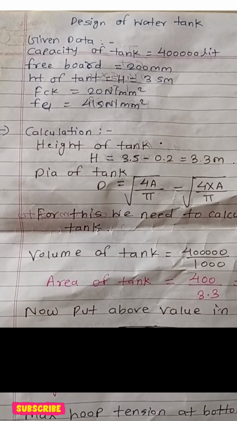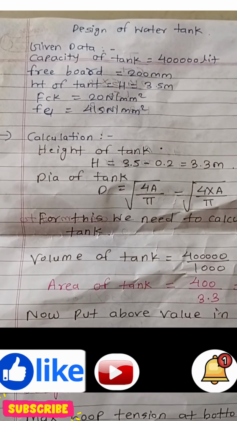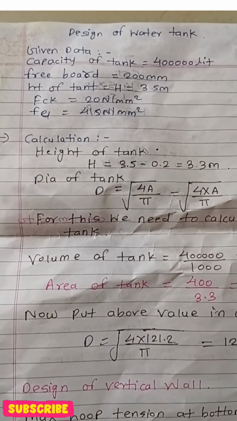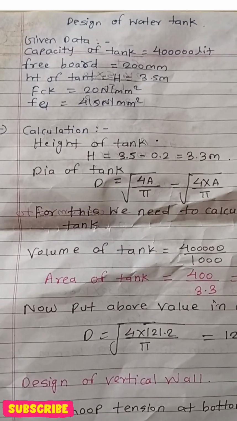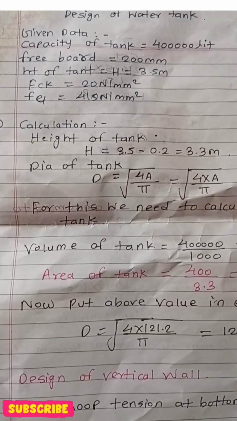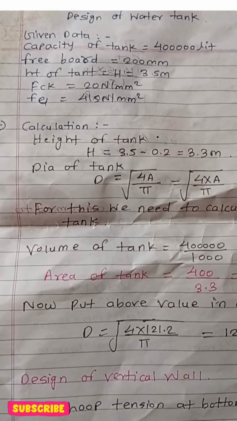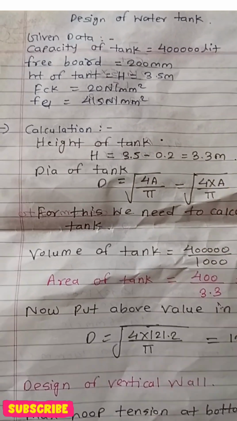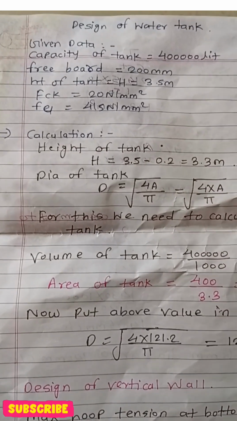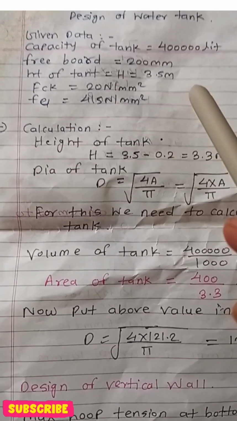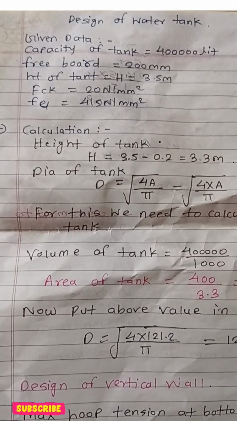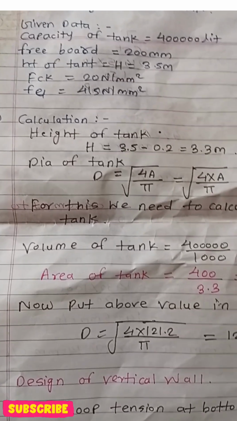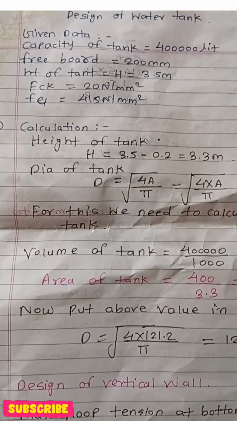If we calculate it for the population, say in that particular region 20,000 people are living, then 20,000 multiplied by 135 gives approximately how much quantity of water will be required. But here we are directly going to assume that the requirement of that region is 4 lakh liters, because we need to know how to calculate it. When it is a practical requirement, when we design it practically for a particular region or site, that time you can go into depth.